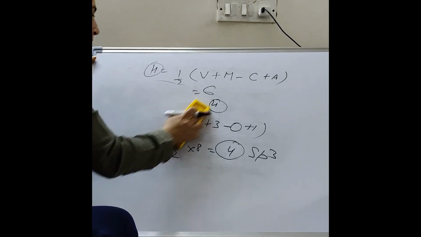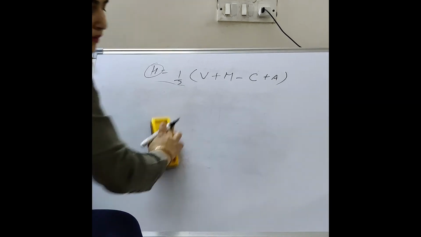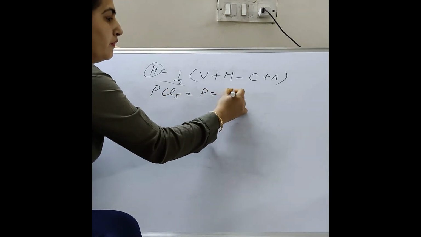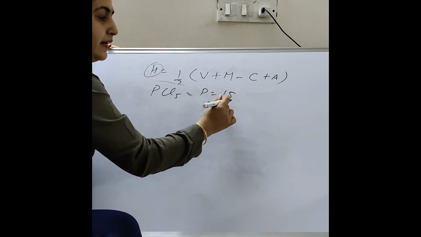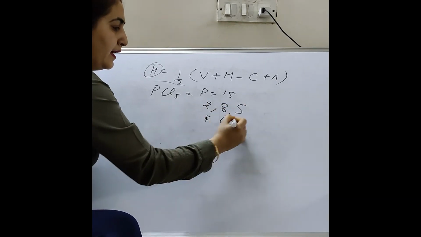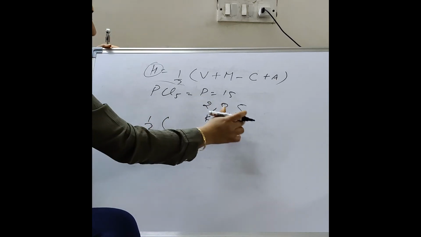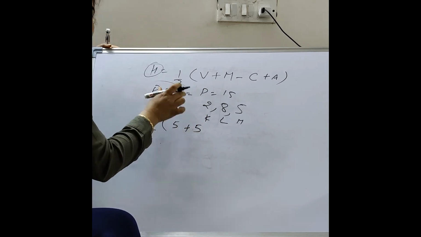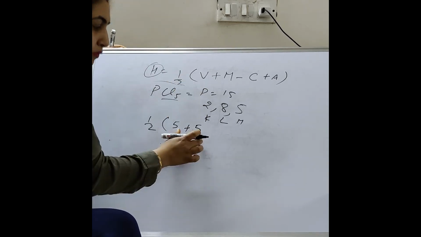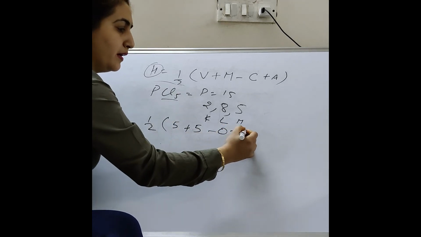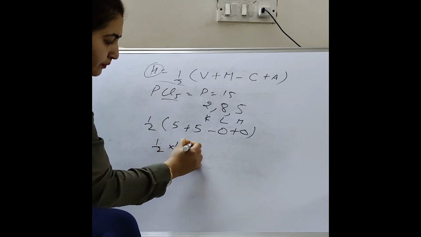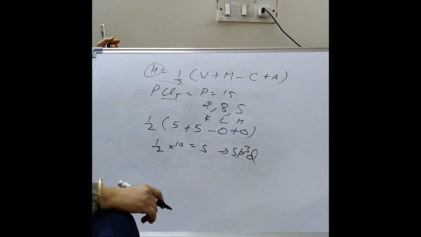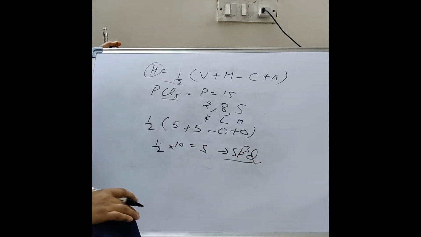So now come to PCl5, phosphorus. Phosphorus has atomic number 15. So K shell 2 electrons, L shell 8 electrons, M shell 5 electrons. So the number of valence electrons here is 5. Monovalent atom chlorine is 5. Chlorine is a halogen, and both are monovalent. So here 5. No cation, no anion. So the hybridization will be sp3d. So it will have the trigonal bipyramidal shape.